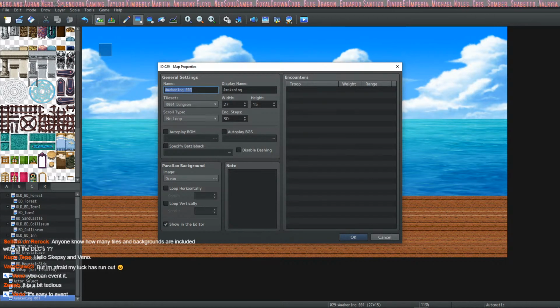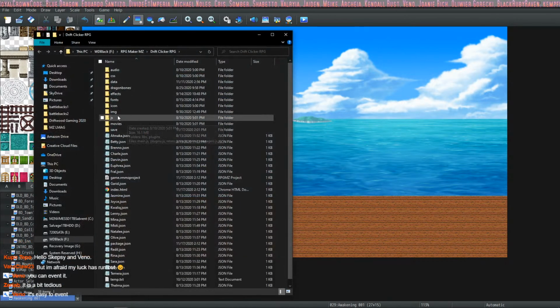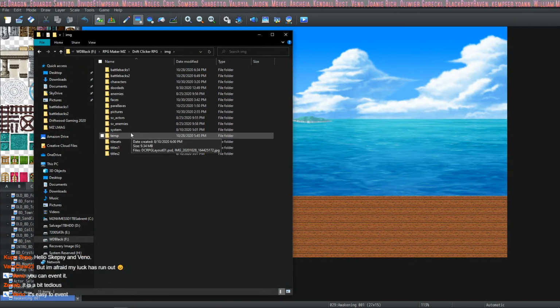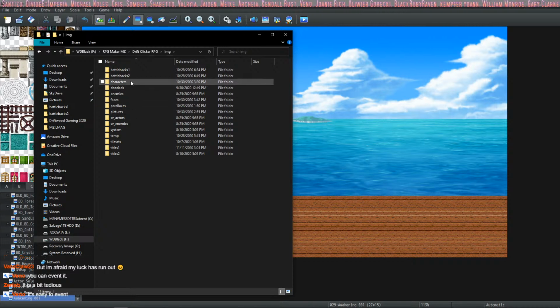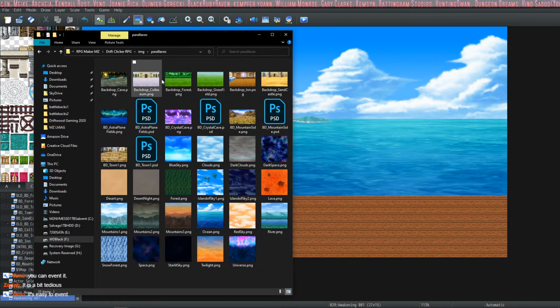Selim on Rerock asks, anyone know how many tiles and backgrounds are included without the DLCs? Yeah, we can find out right now. Let's go to game, open folder. IMG. Backgrounds, that wouldn't be an easy, right? So, battle backs, you mean? Or you mean like parallaxes? A lot of these I created, so let me not count those.